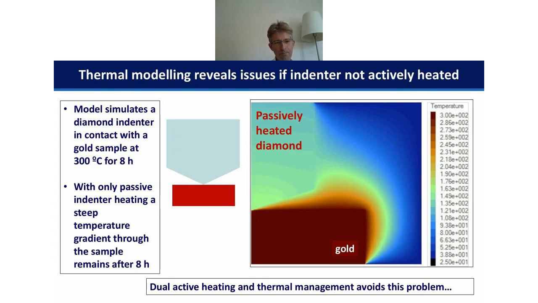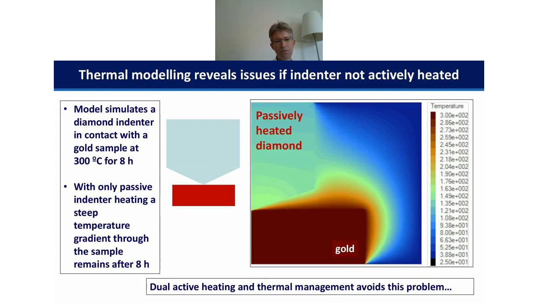So this is kind of what not to do. If we have a simple thermal model where we simulate a hard diamond indenter in contact with a metallic conductive sample, in this case gold at 300 degrees Celsius for 8 hours, and we only heat the sample and rely on passive heating of the indenter probe,